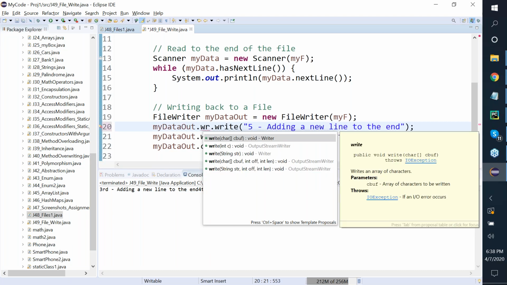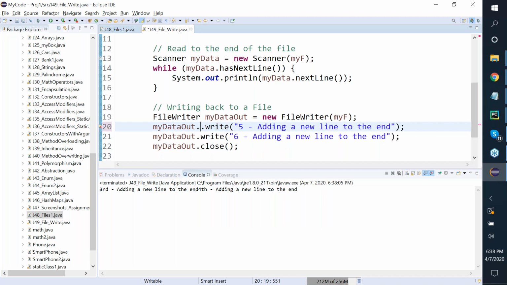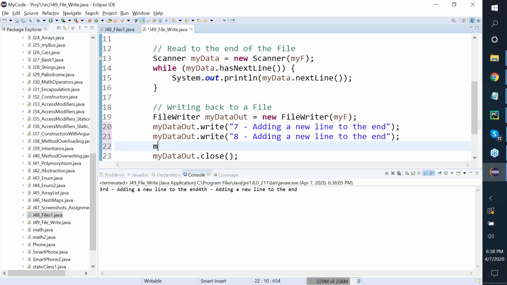Or we could enter one of these. What is it that I want to do at this point? I want to append. So let's keep this as 7 and 8. And what if I say my data out of append? It's just appending a character to it. So adding it to a new line, I can give a slash and here team. That's not a problem. But I'm trying not to go to the end of